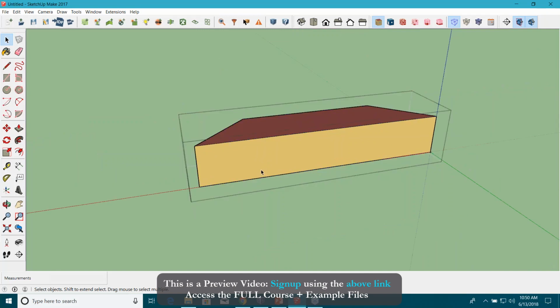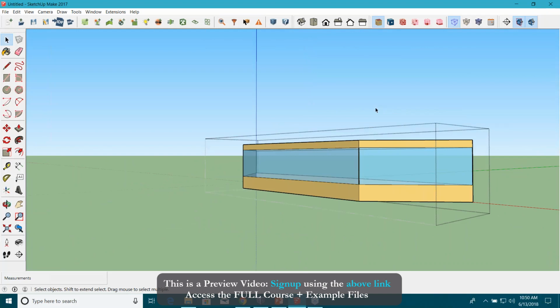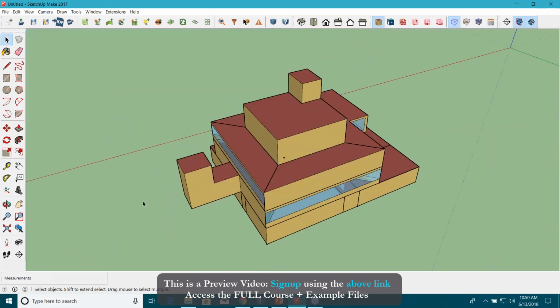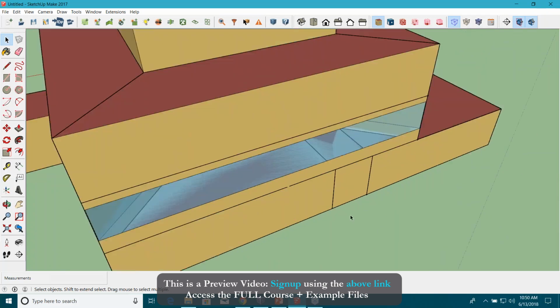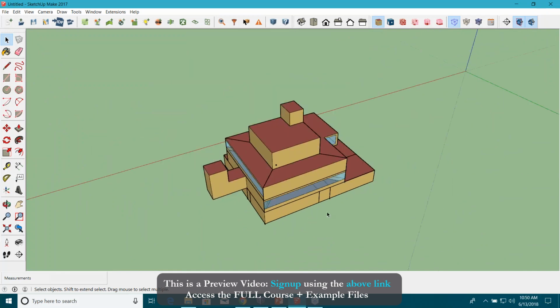For example, if I click on this surface or this space, you can see the internal walls also have windows, which is wrong. So again, I made this mistake on purpose so that you can give it some thought. You are supposed to run this surface matching script before you create the windows. Very important. Please note it down. You always run the surface matching script before you create the windows.